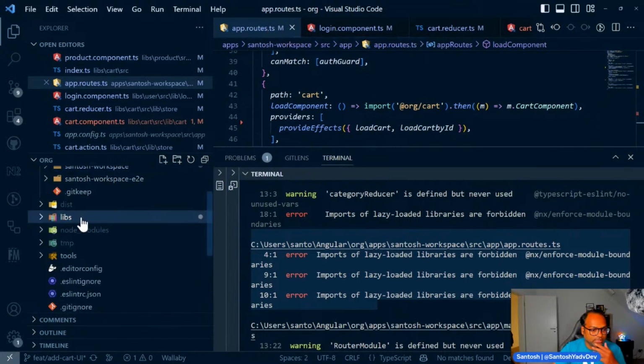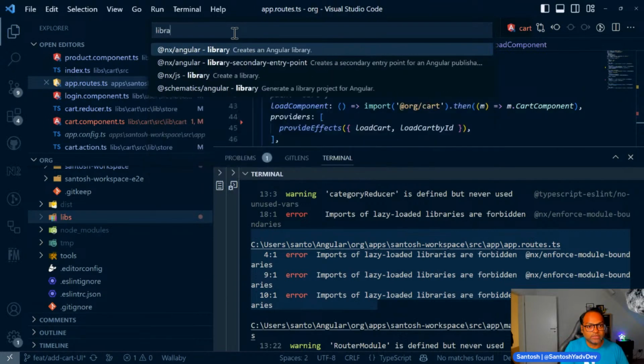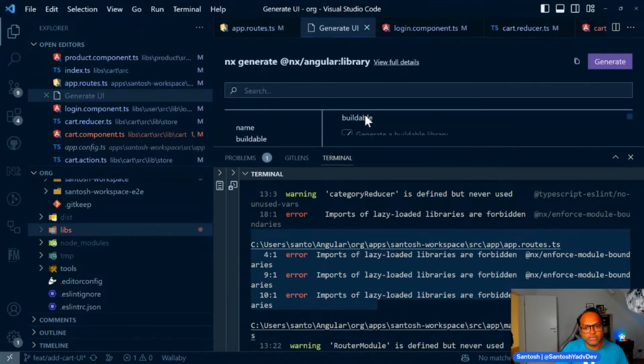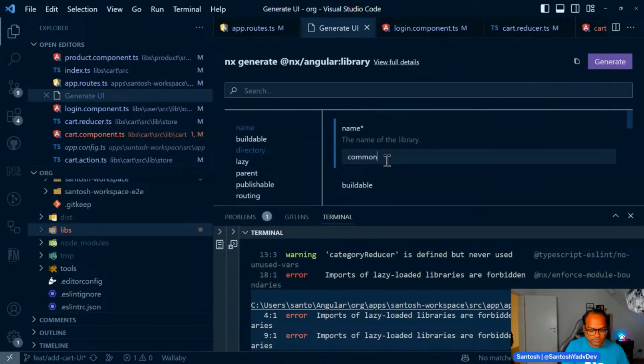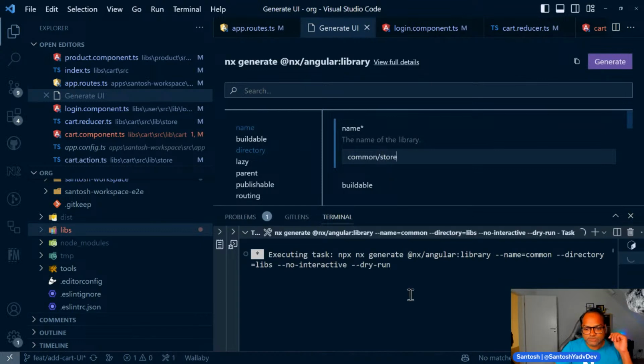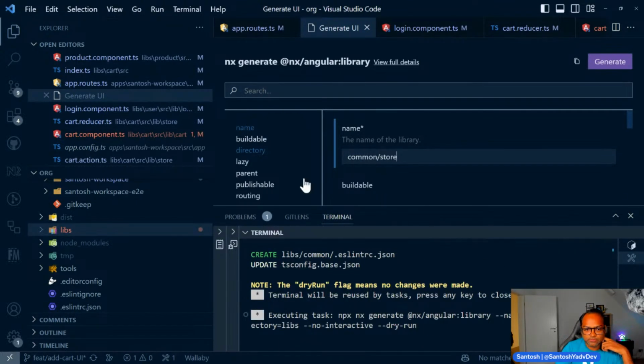Let's go ahead and create a new library. So I'll say nx generate new library, and let's name it common store. And then we move all the store information or store related code here. Great. So generate,